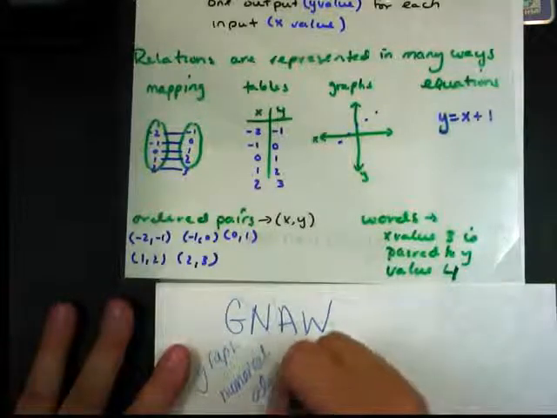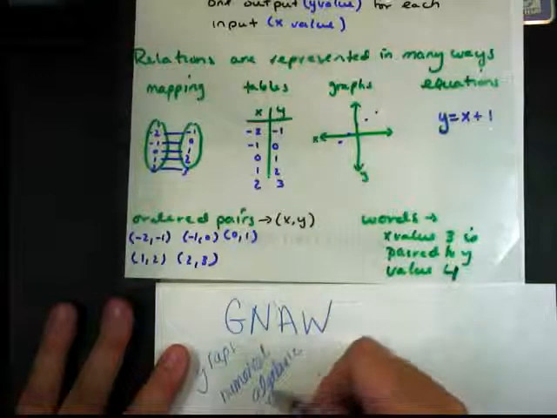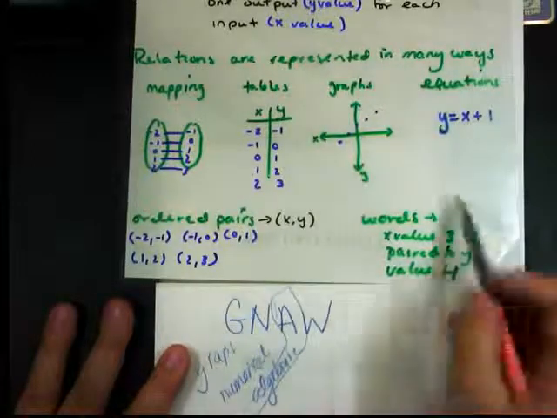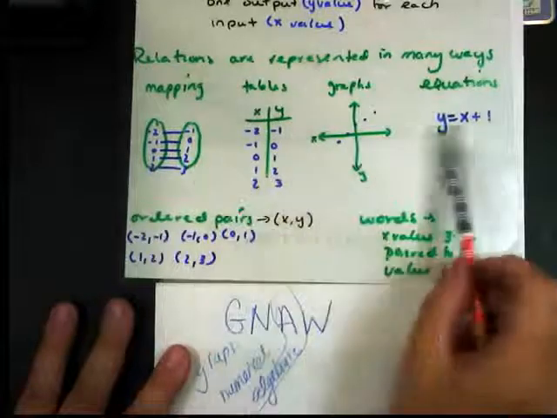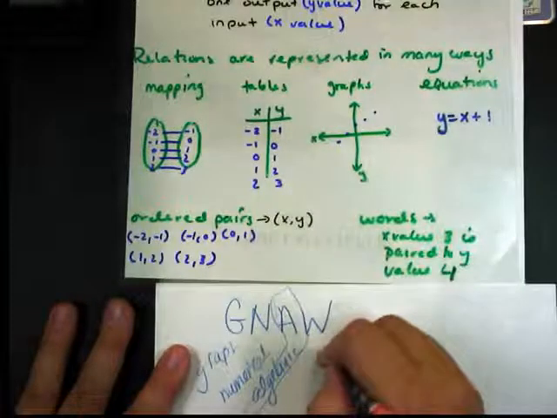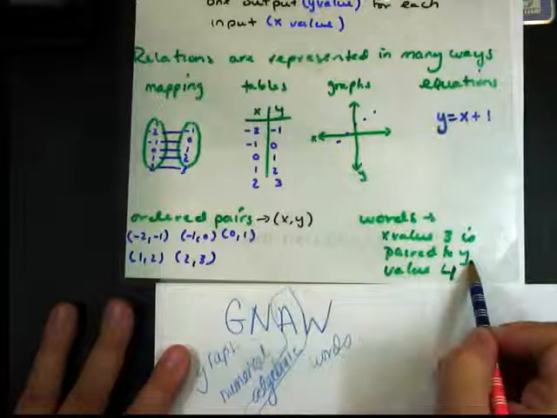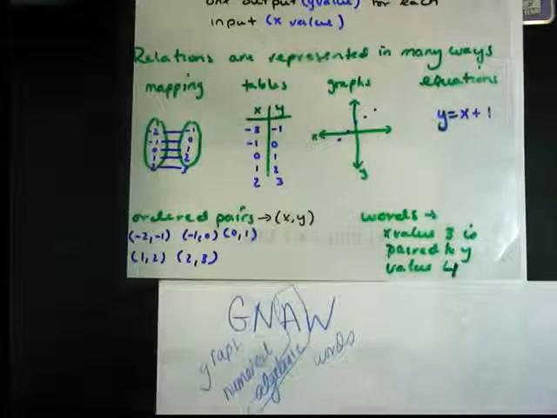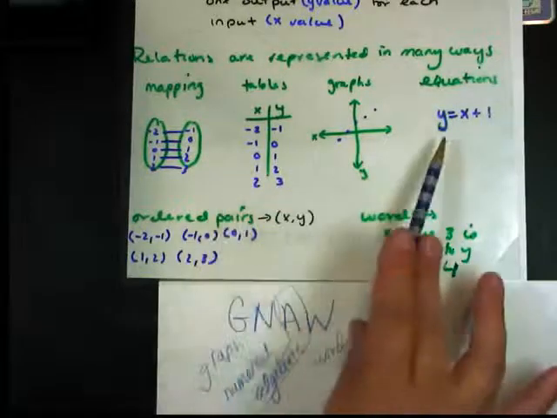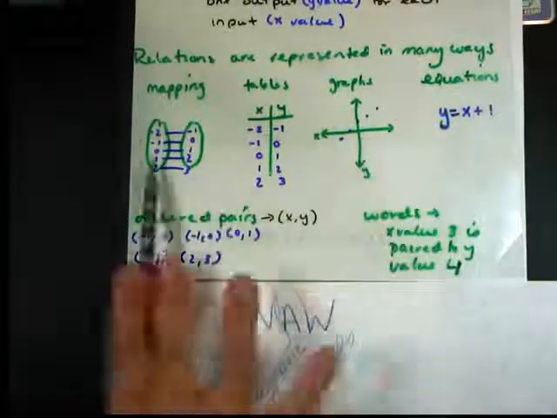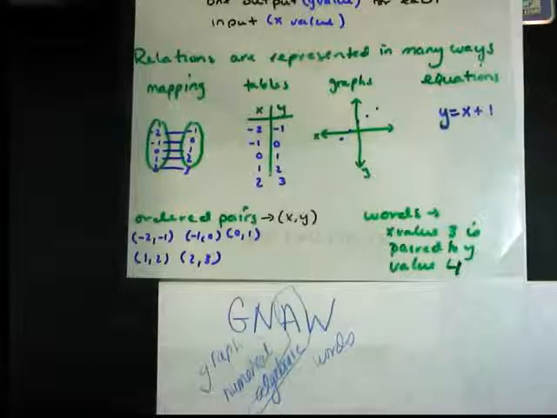Then we have algebraic. Now, algebraic are equations. So that's this. So we have graphically, numerically, algebraically, and W stands for words. And we need to be able to interchange these processes frequently and with comfort and with ease. Be able to go, this equation gives me this graph, which gives me these words. These words give me these numbers, which gives me this equation. This graph gives me this equation, which gives me these numbers. Right? They need to be able to be interchanged, and that is something that will be highly expected of you